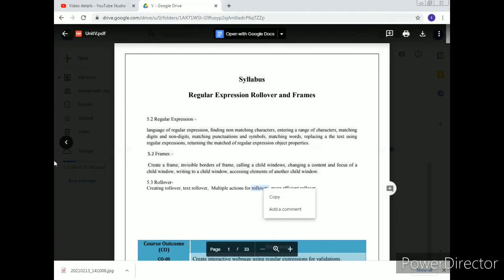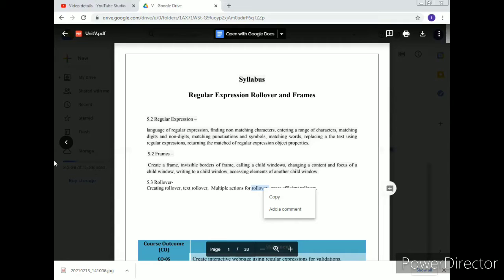So in this unit we will see all this content, frames also, but before frames we will see some methods, some expressions, some languages, and how we can match words and match digits and non-digits. For that we use the slash d and slash w conditions. And then replacing text using regular expression, we will also see how we can replace any string with another string. We will give some conditions there also, and some functions we use for that.